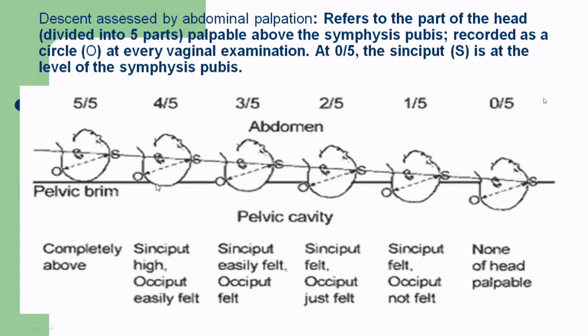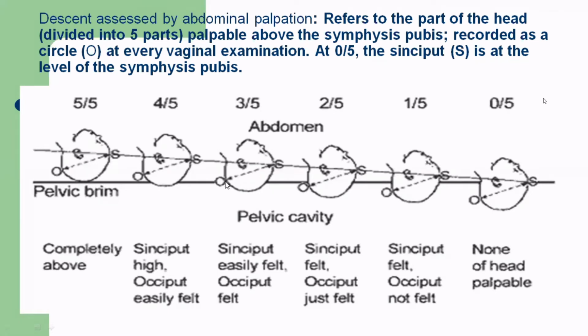Here it has descended slightly below the pelvic brim, and you can palpate the fetal head 4/5. 1/5 has gone below the pelvic brim, and 4/5 is palpable in the abdomen. So this is also not engaged. This is the suboccipitobregmatic diameter. Here you can see 3/5 of the fetal head is palpable above, and 2/5 has entered the pelvic brim.